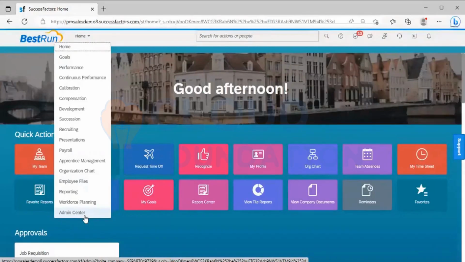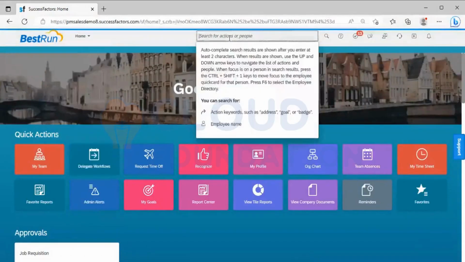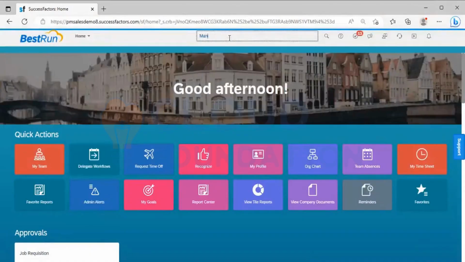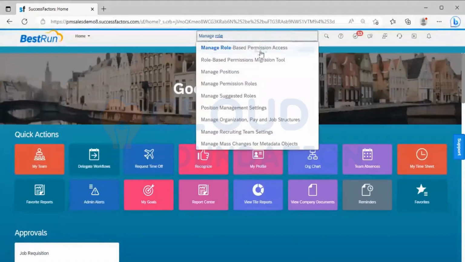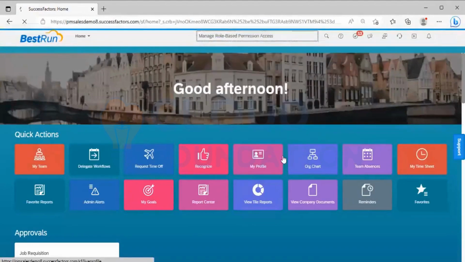Either you can go to admin center if you have the super admin access, you can go to manage role-based permission access. You can see it will come here. You can click on the role-based permission access.